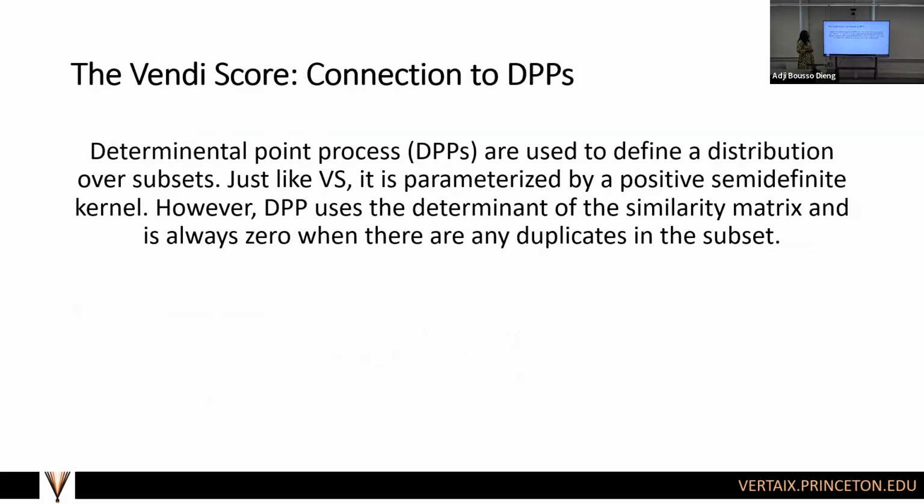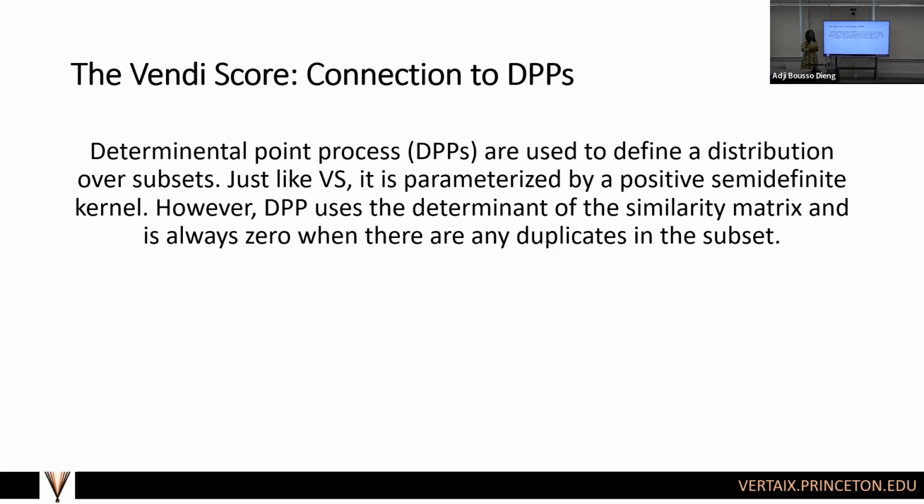It's connected to determinantal point processes. In machine learning, if you talk about diversity, this is something that people would automatically think about, because determinantal point processes are stochastic processes that have been used to model diversity in different models, or for example, for subset selection. But it's different from the Vendi Score in the sense that even though they're both parameterized by a kernel, in DPP, you use the determinant of the similarity matrix as a way to define the likelihood of selecting a subset, whereas